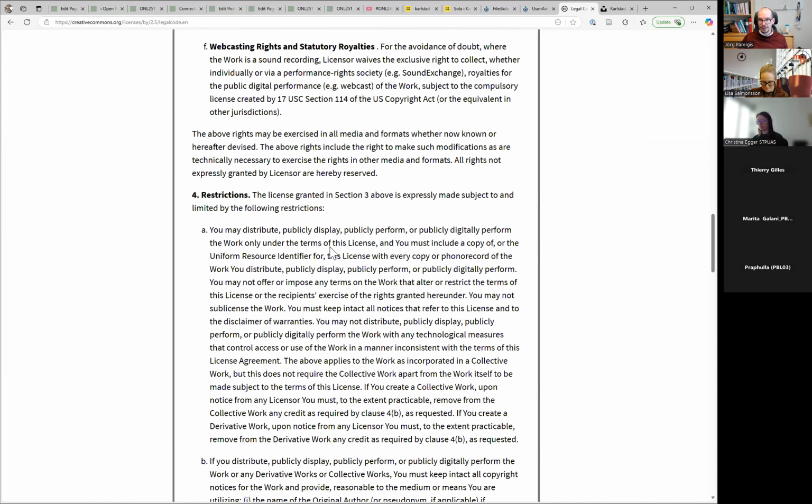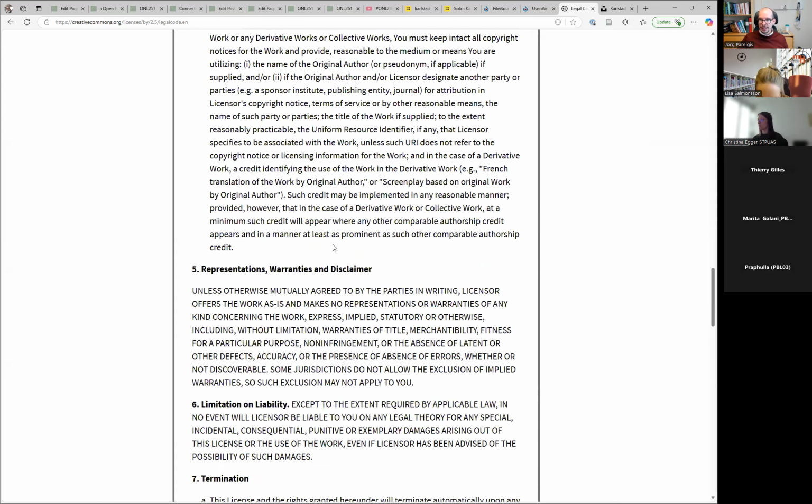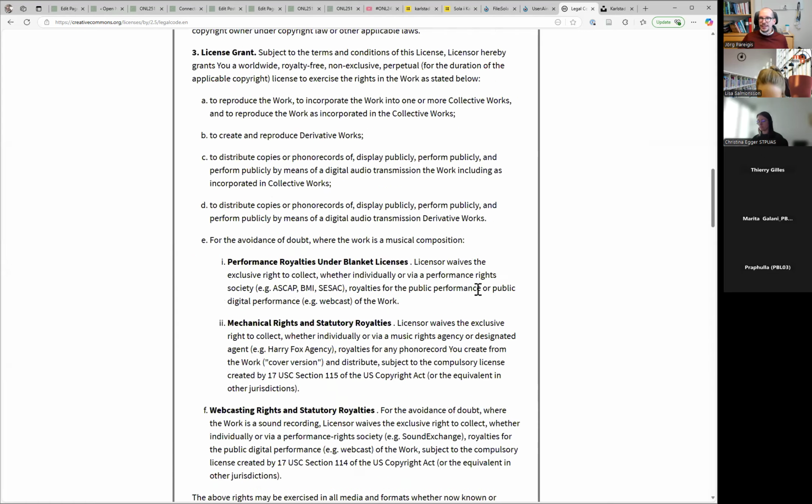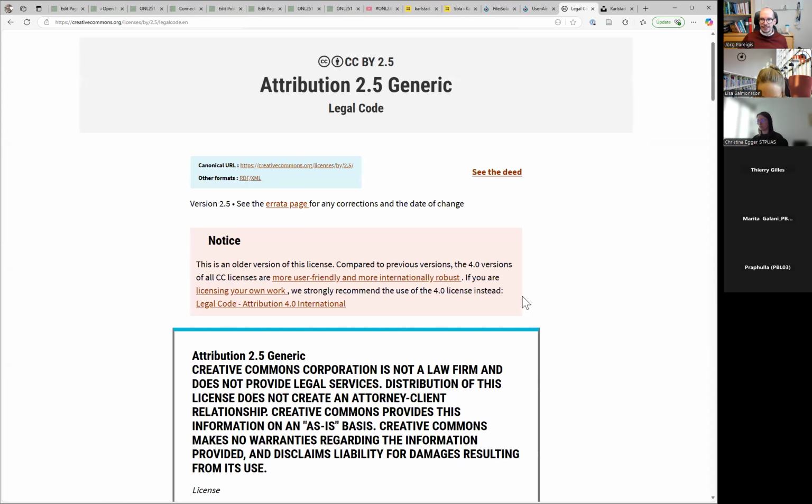I cannot give legal advice. I'm not a lawyer, and I seldom read this in detail. But here you find the legally binding text, which was tested in courts around the world and holds up to legal standards as well. So there's the legal code to it.